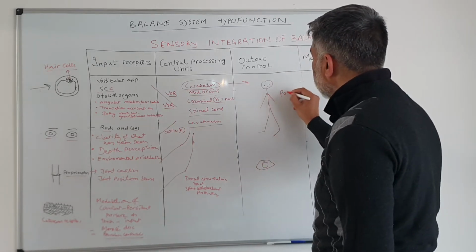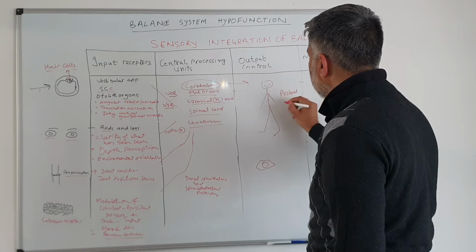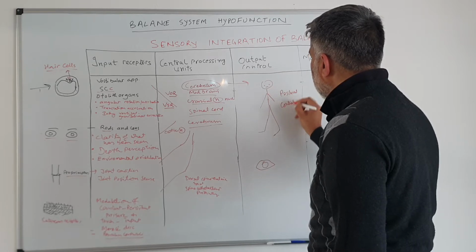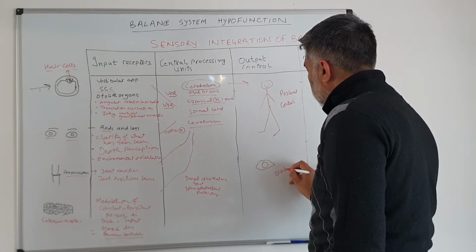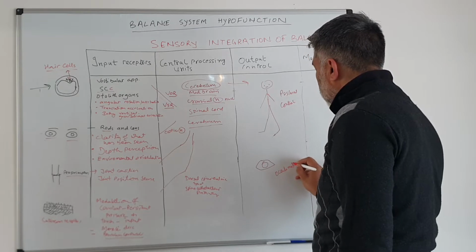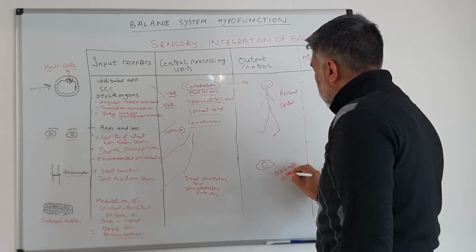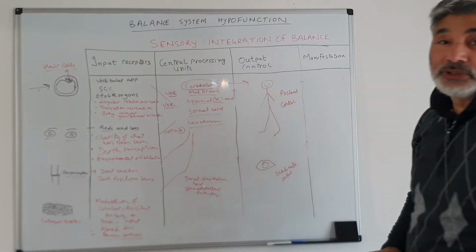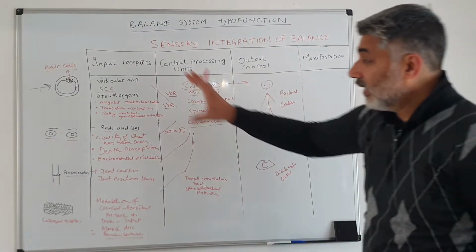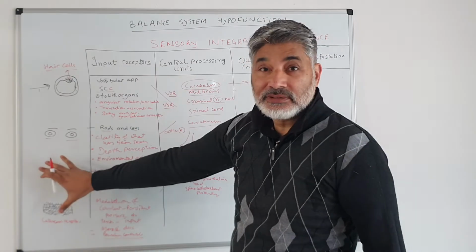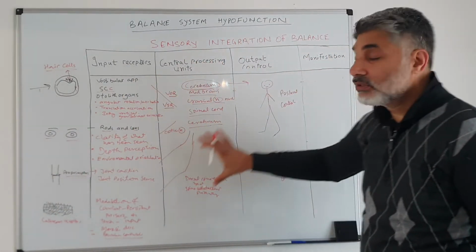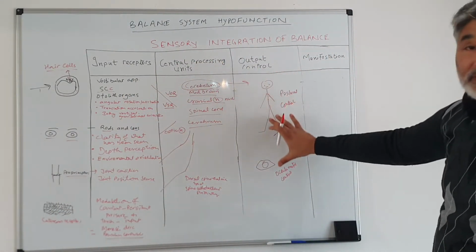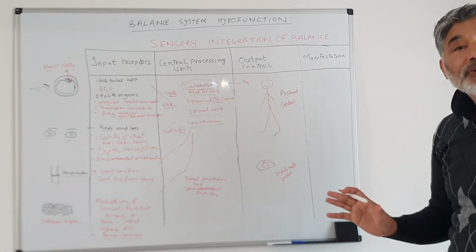So postural control and oculomotor control, these are the two output control mechanisms. So the health of peripheral receptors and the health of the central processing unit is manifested into a